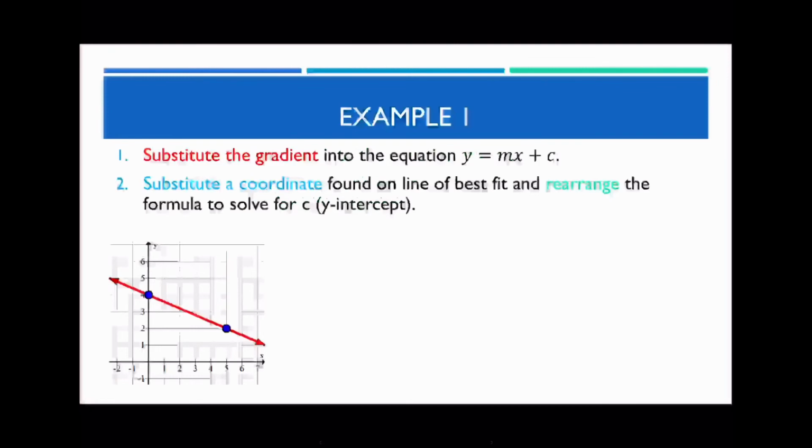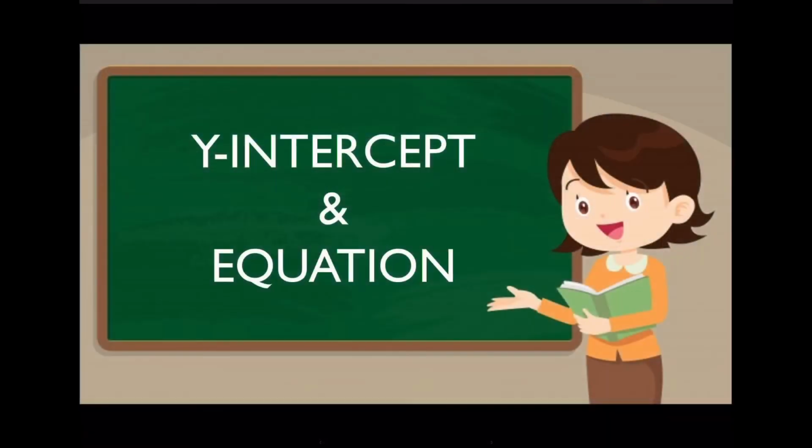What you need to do first is find the gradient and then substitute the coordinate in to find the y-intercept and find the actual